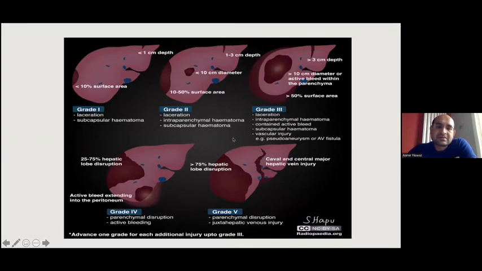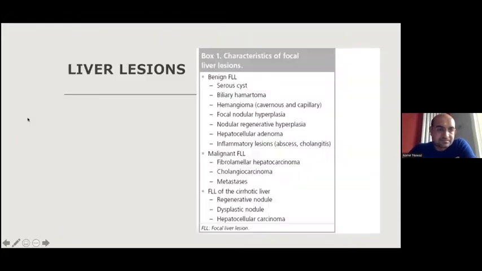And we can just see if there is any point where there is any free blood in the abdomen, it will be regarded as grade 4 injury. Rest according to the hematoma size, parenchyma involvement, laceration. Grade 5 injury is the one where there is total parenchymal disruption and hepatic venous injury, avulsion from the IVC. So going back to the previous slide,